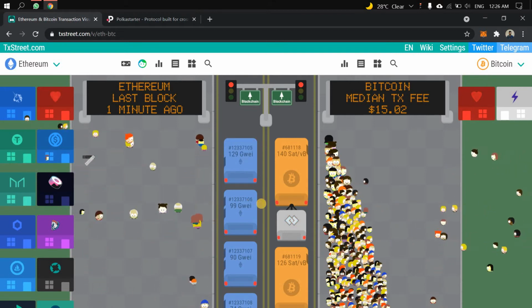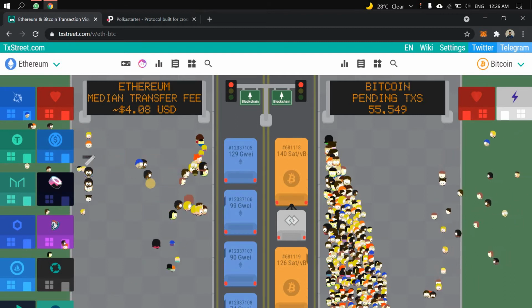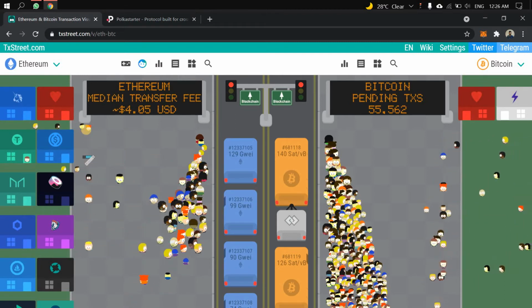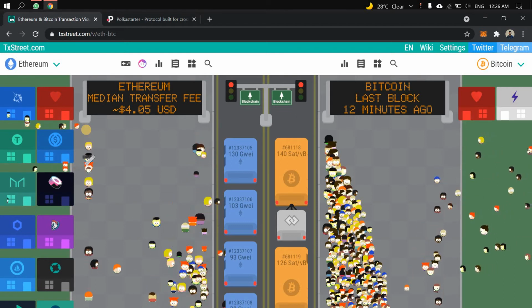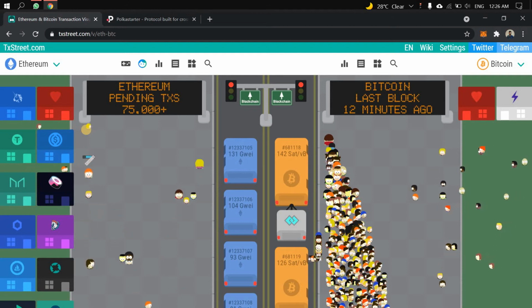I'm just reading the last 4 digits, 7106, 7107. So what is the fee I want to pay so that my transaction, which is coming from, say, Uniswap, will be getting 100% registered in a fraction of seconds? Yeah, so what is the fee I need to put in?